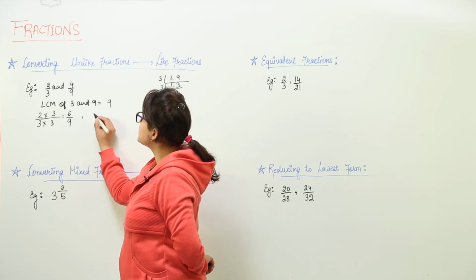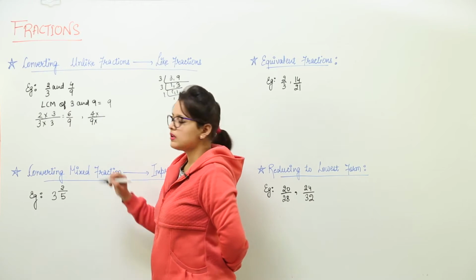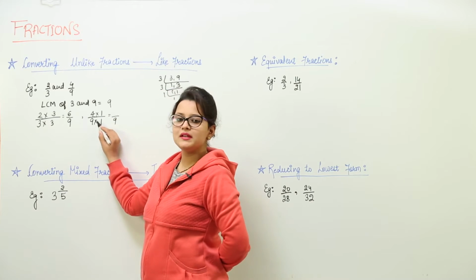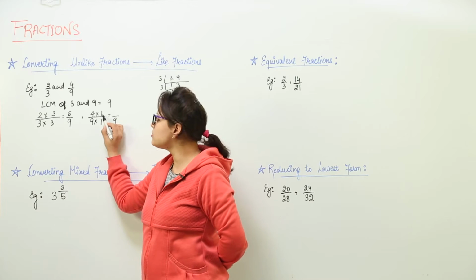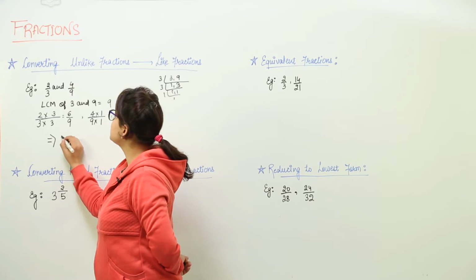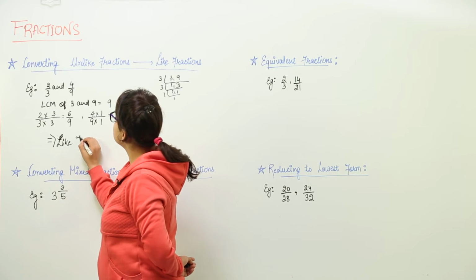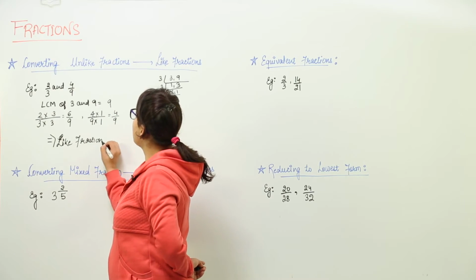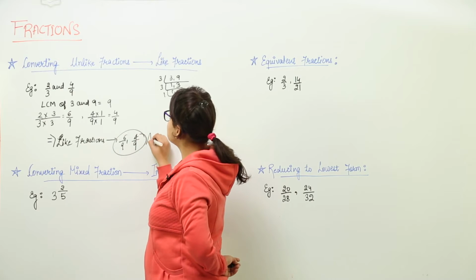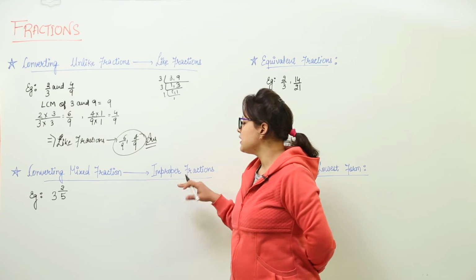Now what about the second one? For the second fraction we already have the denominator as 9. So what are we going to multiply this with? We are going to multiply this with 1. Because we are multiplying the denominator with 1, we will multiply the numerator also with 1. So 4 ones is 4. So now we have got the equivalent fractions, or you can say the like fractions. I will write here the like fractions for the given question are as 6 by 9 and 4 by 9. This is the answer.